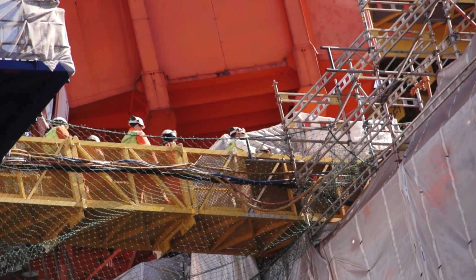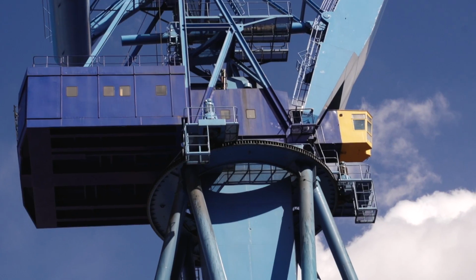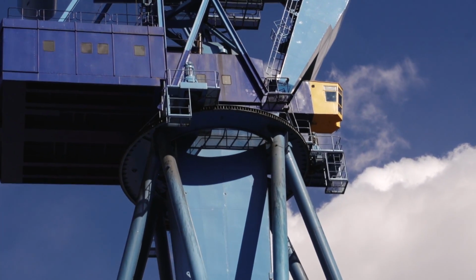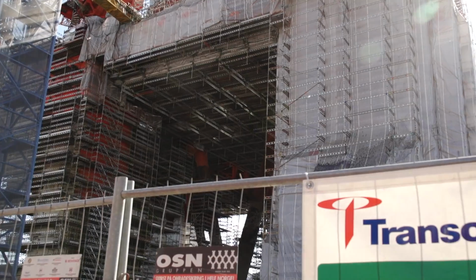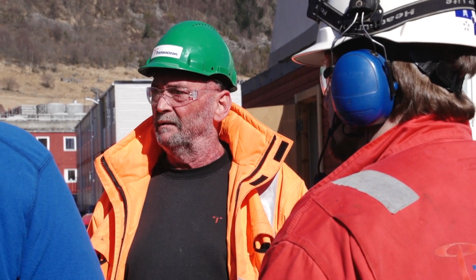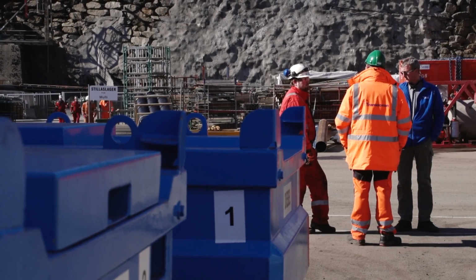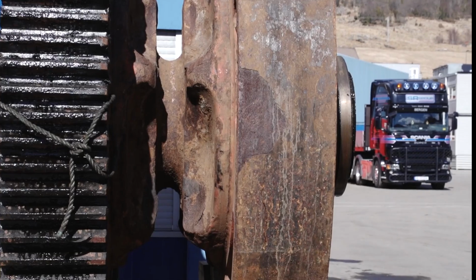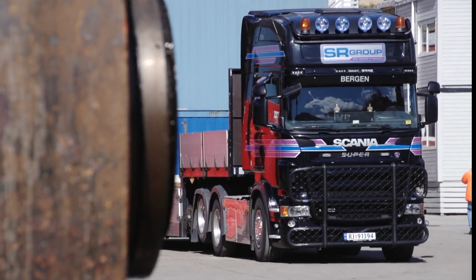For a logistics company, this whole process is the most challenging we ever experience. To stay on top of it, we need to mobilize our resources, much like a military operation. We unite resources with our customers, allocating our best men and women to work side by side with the project execution team. When we know all there is to know about critical movements and get a clear picture of the sheer amount of logistics required, we engage the SR Group resources to execute all of the actions required for a